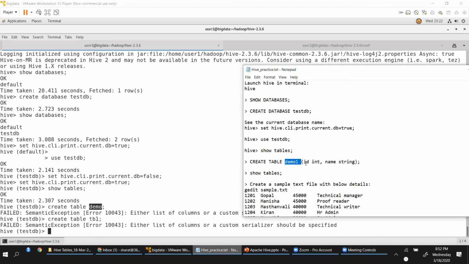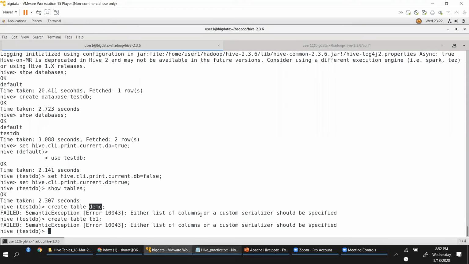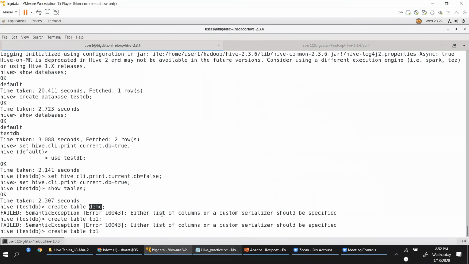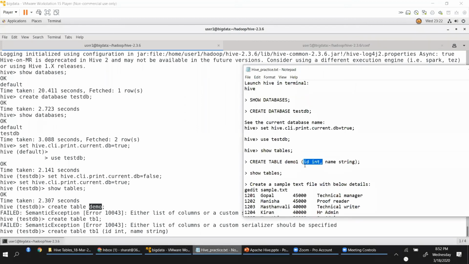I need to give at least one column, right? So let me say create table 1. You can see here in the bracket we need to give the structure to the columns. So I'm going to say ID integer comma name space string. That's basically the syntax. ID would be the first column.